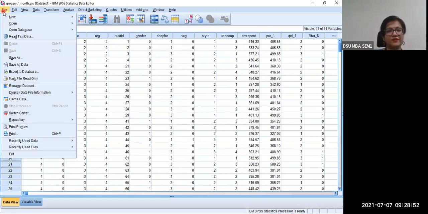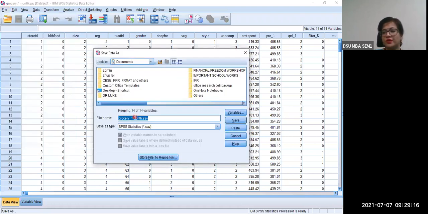You can go to the left-hand side where there is a file menu. You can choose the new file option, new data. If you want to open existing data, then you go to open data. I've already opened a data set and put it in front of you. In case you want to save the file as something else, you can click on this, and the save as option will come in. Just wait a while, it will come on your screen. Yes, now it has come.